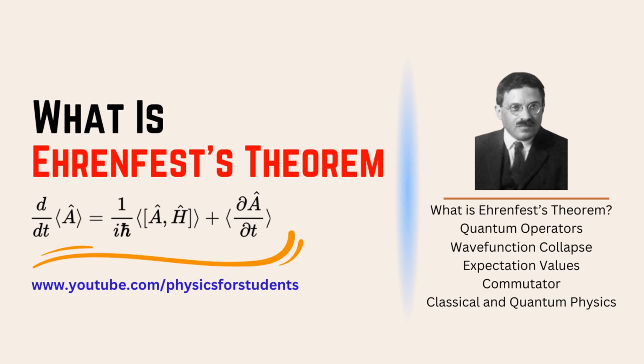In the vast landscape of physics, two worlds often seem at odds, one ruled by Newton, the other by Schrödinger. This is where Ehrenfest's theorem steps in, not just as a mathematical result, but as a profound statement about the nature of reality. It doesn't just clarify equations, it reshapes our understanding of motion, measurement, and the very fabric of physics itself. But beyond the numbers, Ehrenfest's theorem sparks a much deeper question as one ventures into the very philosophy